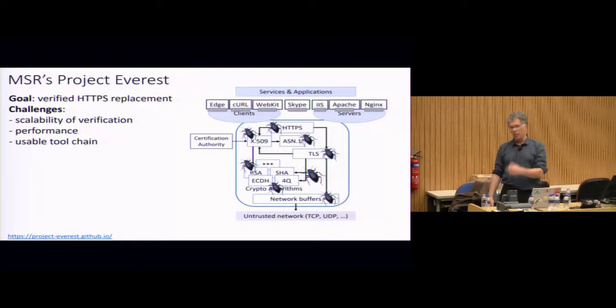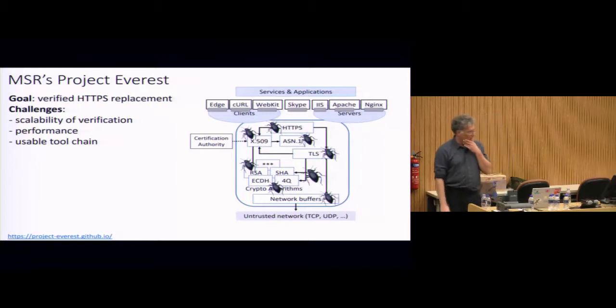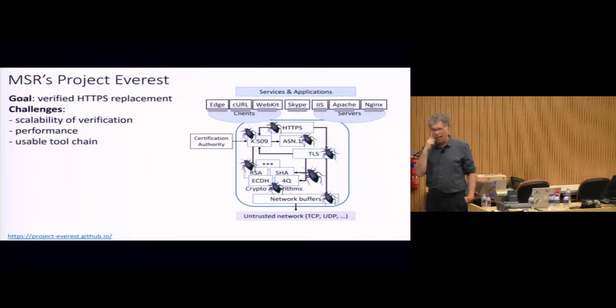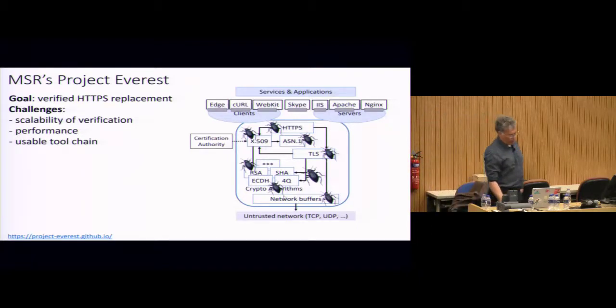So remember that little problem we had with OpenSSL? People had been thinking about crypto and how to make it correct before OpenSSL came about, and some of those people are in Microsoft Research. So they started something a couple years ago called Project Everest, and it's a mountain. It's a very, very long climb. It's a multi-year project to essentially have a verified replacement for HTTPS.